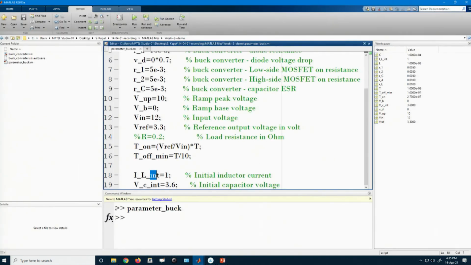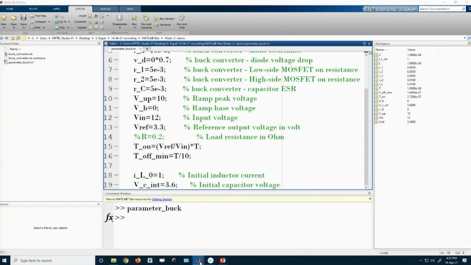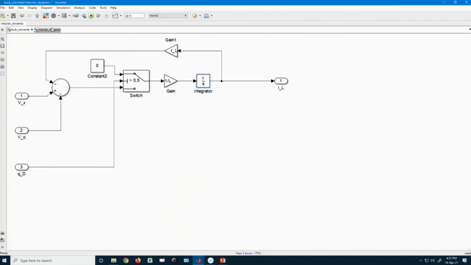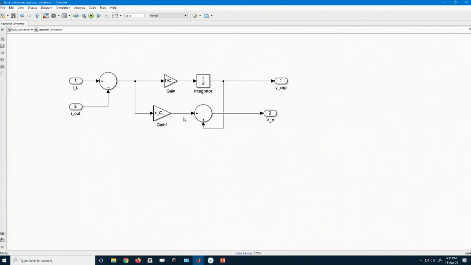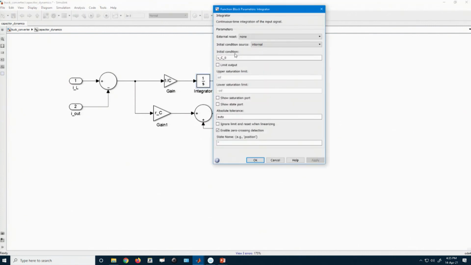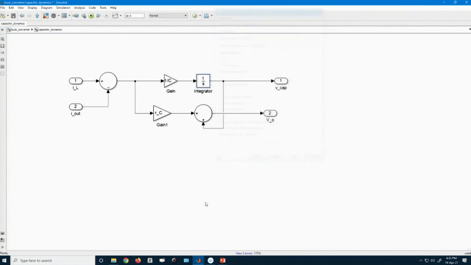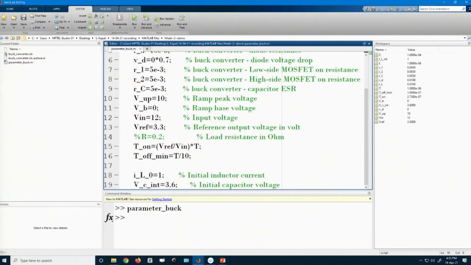So we need to set that here, IL0, and then the other parameters for the capacitor voltage. That also we need to define. Okay. So now R, let us say a load resistance of R equal to 1 ohm.